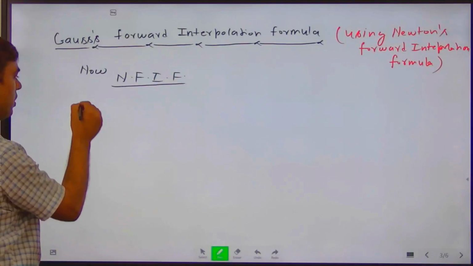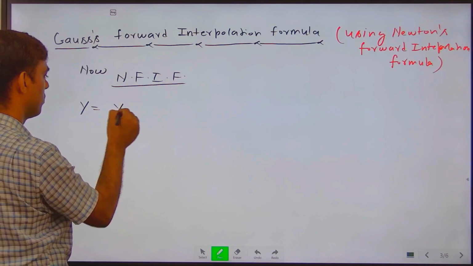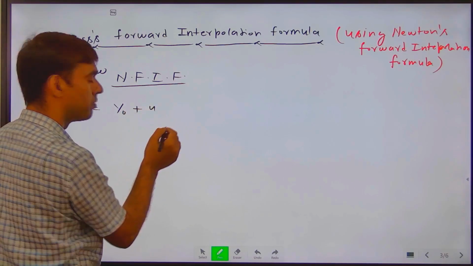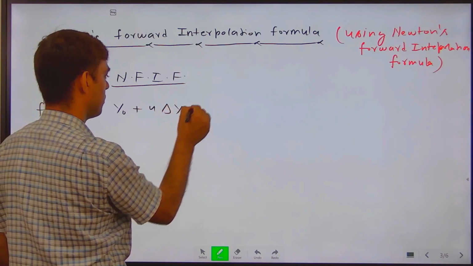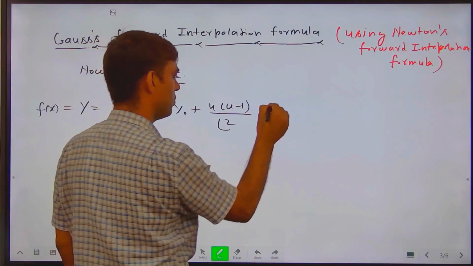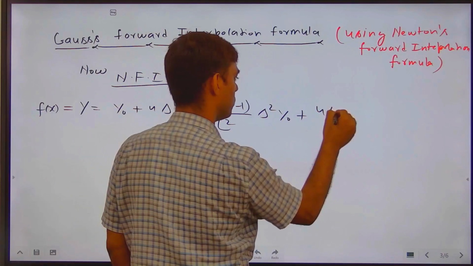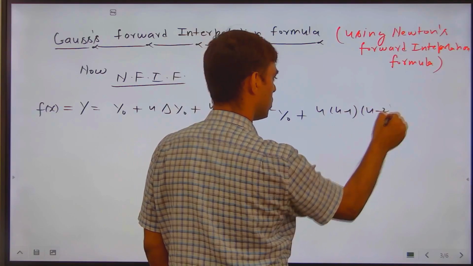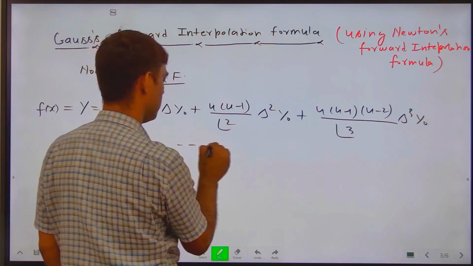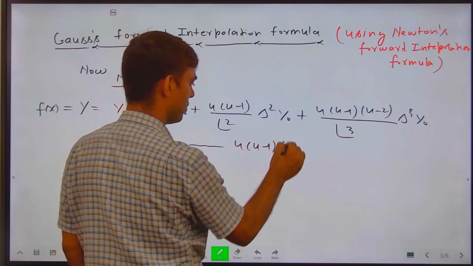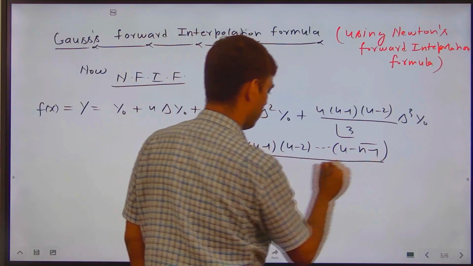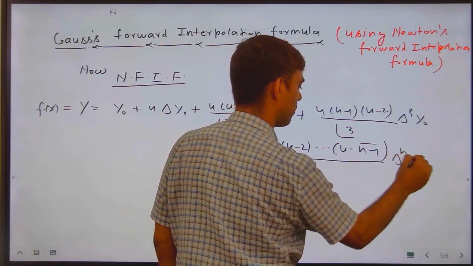is: y = f(x) = y0 + u del y0 + u(u minus 1) upon factorial 2 del 2 y0 + u(u minus 1)(u minus 2) upon factorial 3 del 3 y0, and similarly the last term is u(u minus 1)(u minus 2) up to (u minus n plus 1) upon factorial n del n y0,